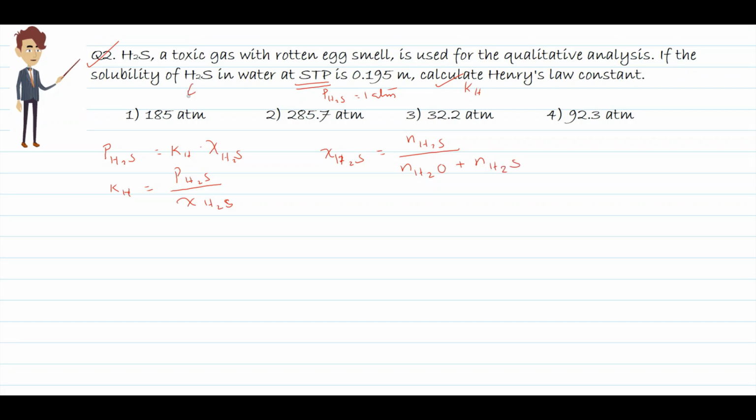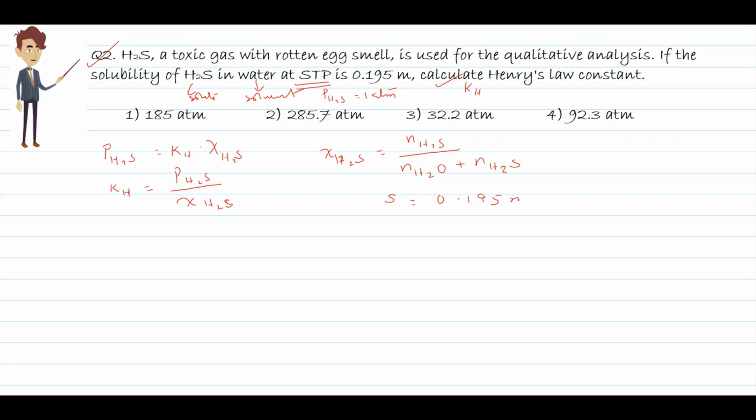Here, hydrogen sulfide is the solute, and water is the solvent. Then the number of moles of hydrogen sulfide and the number of moles of water are not directly given. Instead, in the question you can see the solubility of hydrogen sulfide is given in terms of molality. When you analyze this molality term, you will get nH2S as well as nH2O, correct? So the solubility is given as